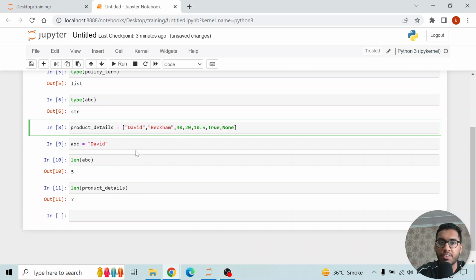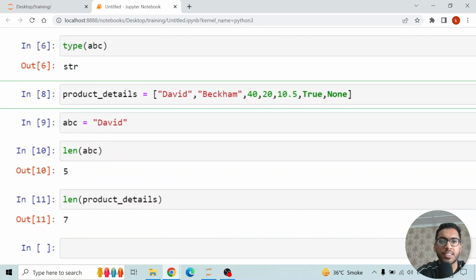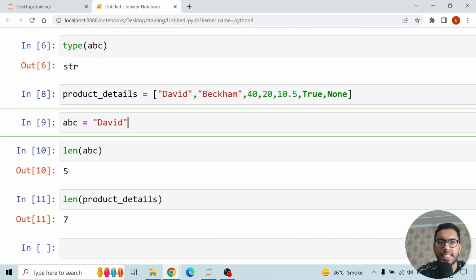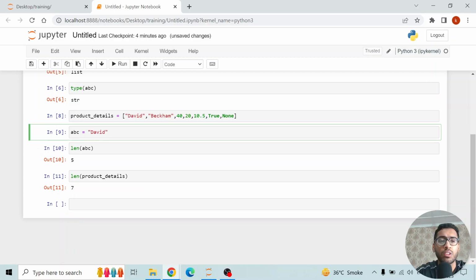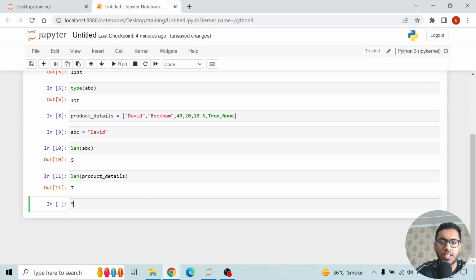So it means that this is one value, this is second, this is third, this is fourth. But in case of a string, this D is first, second, third, fourth, and so on. So always remember that. This is very useful right now when we will learn about the concept of indexing